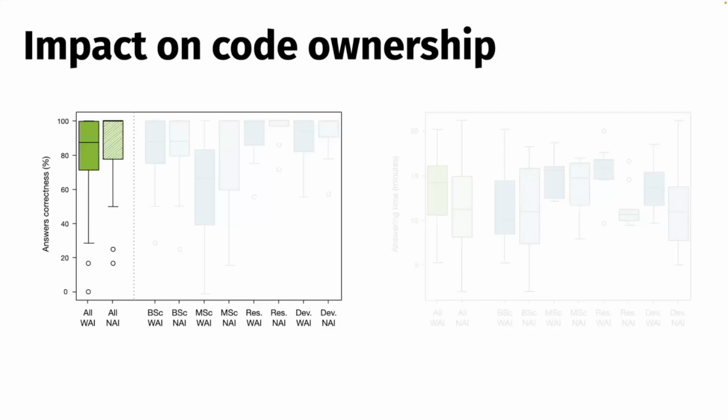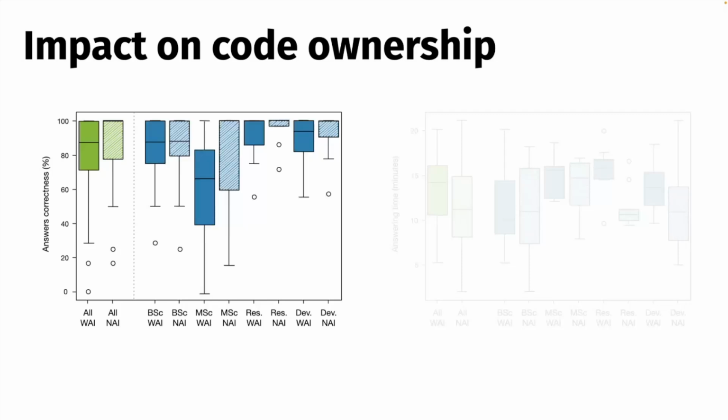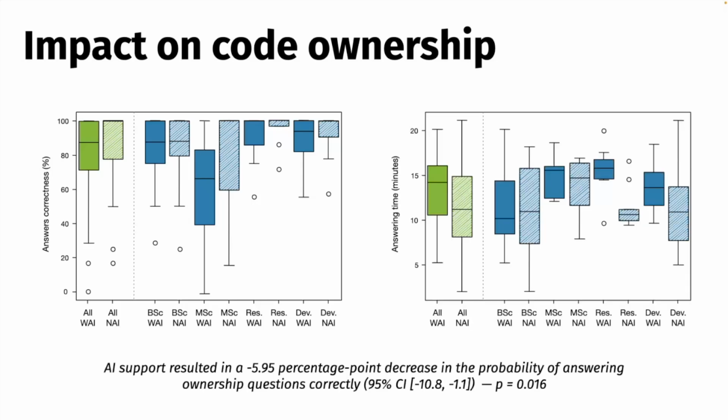The drop was not consistent across all populations, but I'll come back to this point at the end, because there is something interesting. The trend is always there, but the magnitude is very different. And this is the time that they spent answering the questions. Usually they spent more time when they used the AI, but when you create regression models, this is not significant. The drop in the percentage of correctly answered questions is significant. When you control for everything, the time that they spent is not really significant, so that thing is not really important.